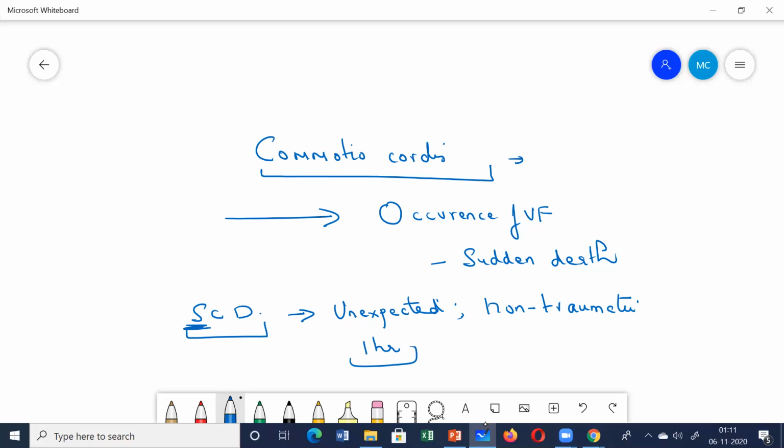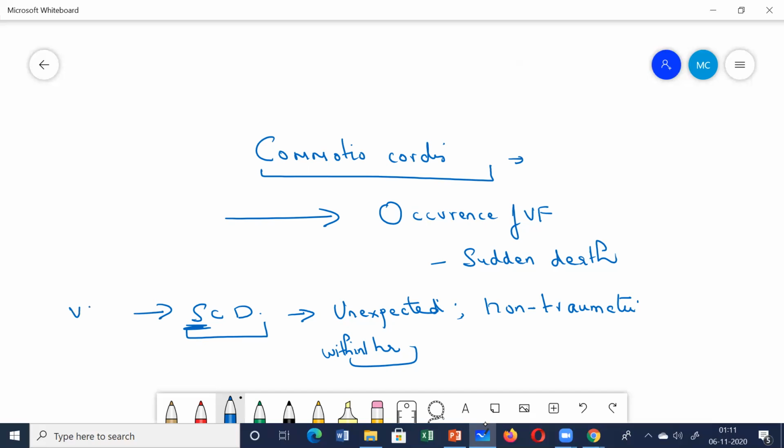Whatever symptoms the person is having, if the person dies within 1 hour of the onset of symptoms, in a person with known or unknown cardiac causes, in whom no previously diagnosed fatal condition was present, so unexpected non-traumatic death which occurs within 1 hour of the onset of symptoms, presumed to be due to cardiac causes, that is called sudden cardiac death. But the most important cause of sudden cardiac death, 85% of the sudden cardiac death occurs due to the